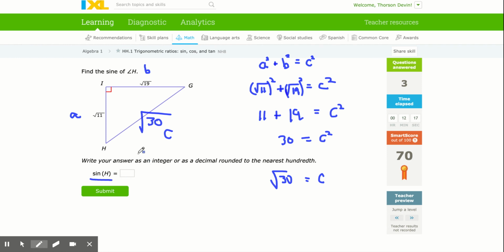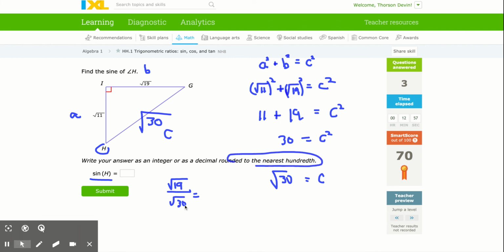Now I can find the sine of H. Sine of H, here's H. Sine is opposite, which is the square root of 19. And again, hopefully you have those ratios down so you remember it, and you should get pretty quick at it. Square root of 19 over the hypotenuse, which is the square root of 30. And now I'm just going to do that in my calculator because it says round your answer to the nearest hundredth. So I just used my calculator to do the square root of 19 divided by the square root of 30, and I got